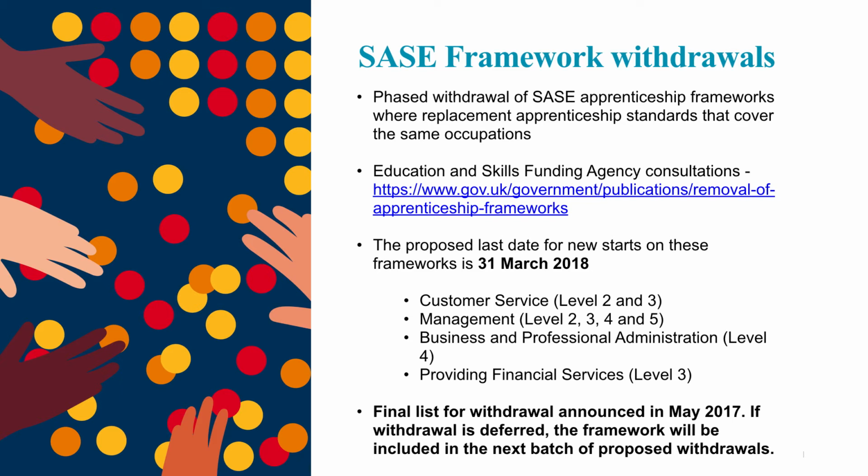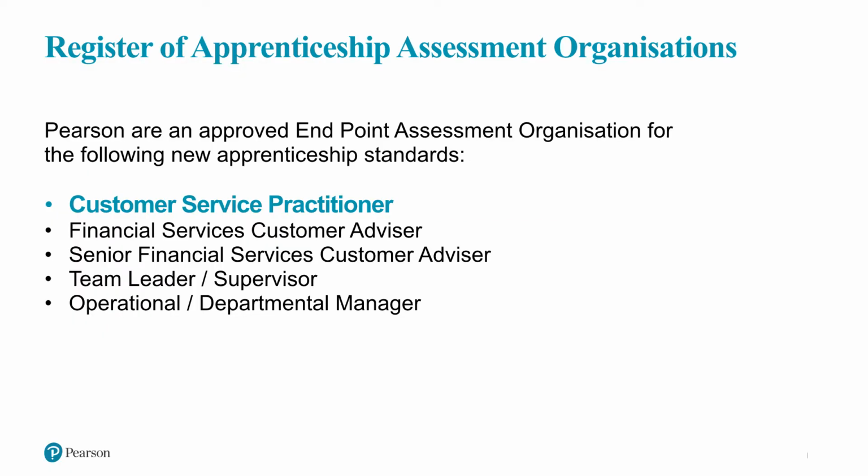So it's essentially an inevitable situation, but it's just a flag to you that actually this is happening, and you do have an opportunity to feed your feedback to the department via the apprenticeship link, the withdrawal link within this slide. So I'm pleased to say that Pearson, we are on the Register of Apprenticeship Assessment Organisations. As it currently stands today, we have the most successful applications as a registered apprenticeship assessment organisation.